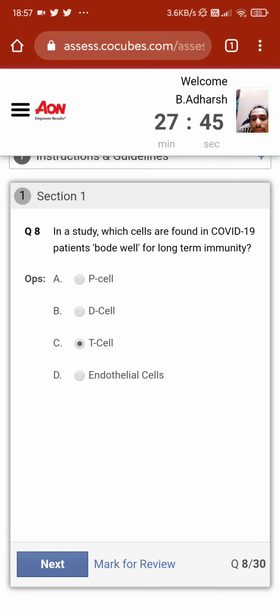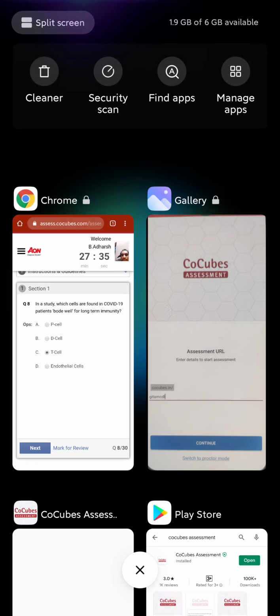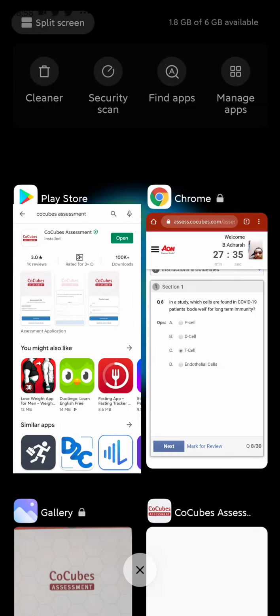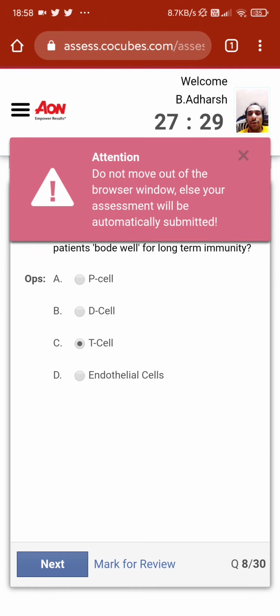So guys, one more alert here. Every time you try to minimize the mobile phone and if you are trying to go to another window, the system will give you a warning. Let me show you how that works. For example, I'll try and open a different page and I'll go back to the test window. Now if you see, the system has given you a warning. So if you do this 6 times, the 7th time your test will automatically be submitted